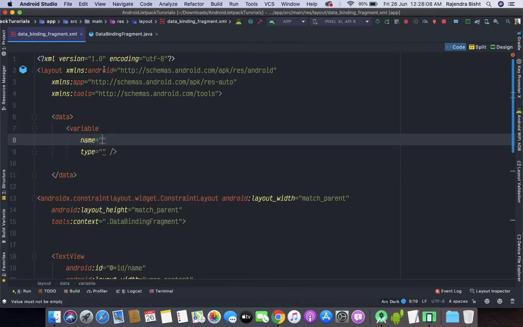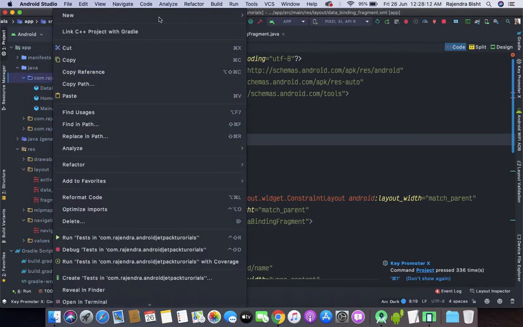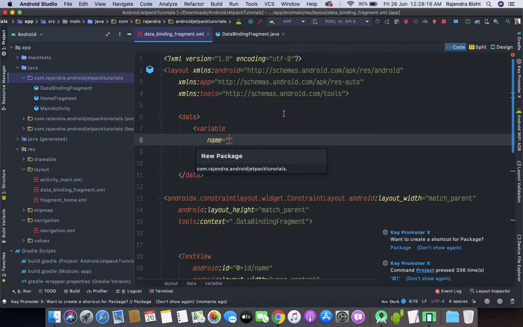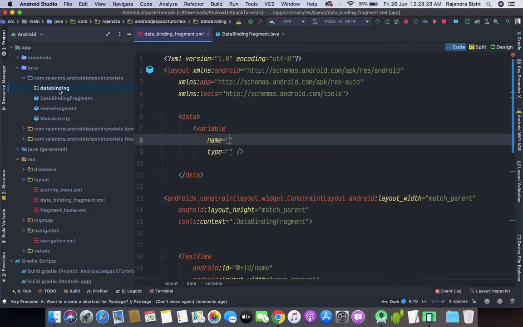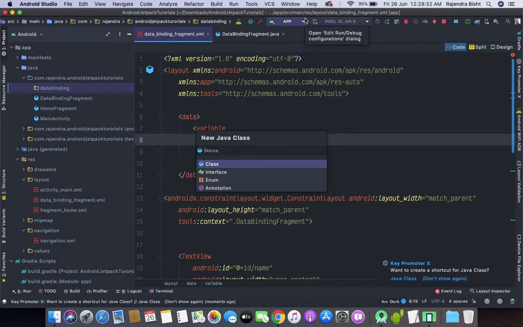So let's create a data class. Let's make a package, let's say data binding. Inside the data binding I will create a model class, let's say UserData.